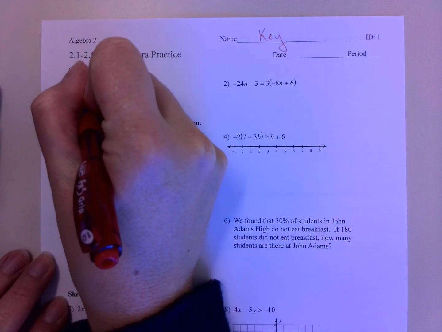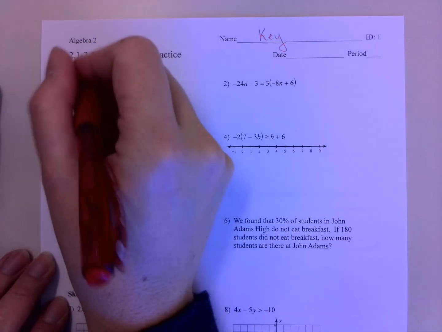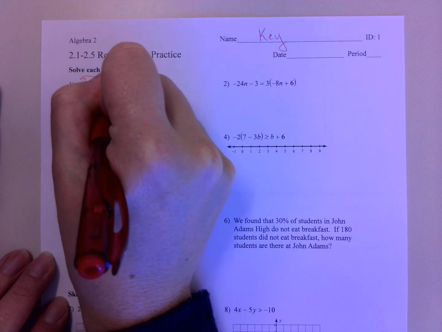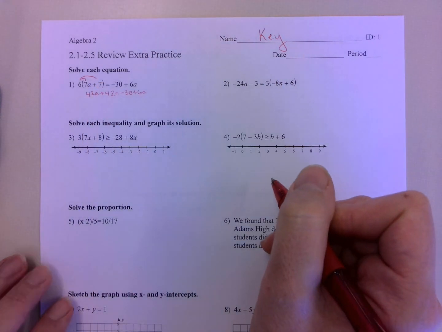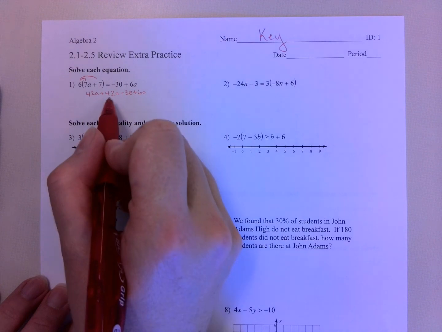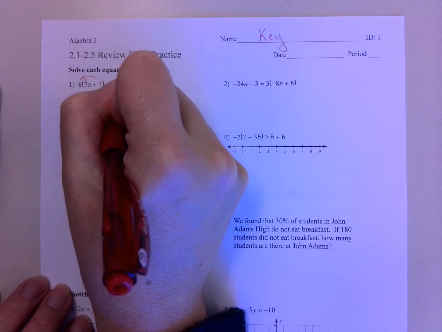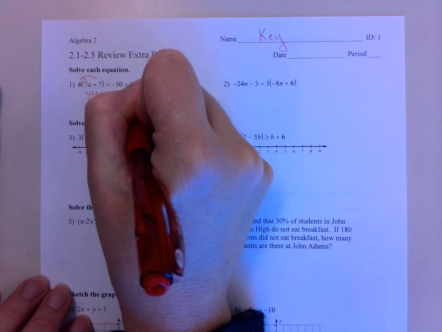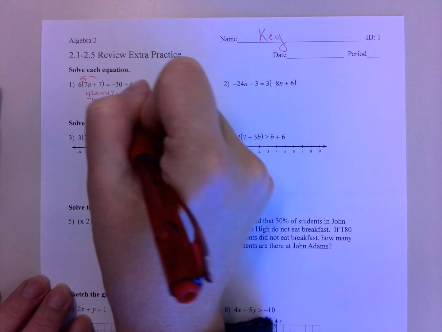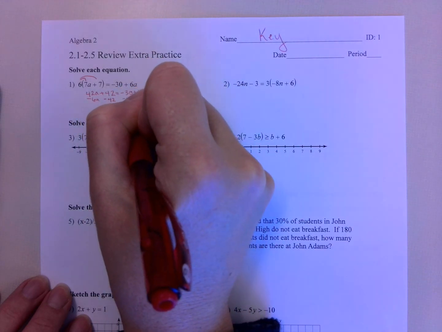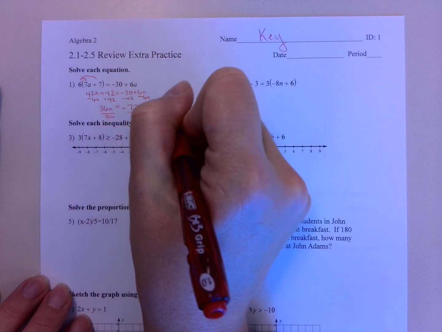We're going to start here by distributing this 6. That's really our best option, is to clean this up. I could divide by 6, but we're going to go ahead and distribute. So I have 42a plus 42 is equal to negative 30 plus 6a. And then I'm going to go ahead in one step and move the a's to the left and the constants to the right. So I'm going to subtract 6a from both sides. At the same time, I'm going to move the 42 to the left. And so I get a positive 36 on the left times a, and it is equal to, over here, a negative 72. And then I'm going to do my last step, divide both sides by 36, and I get